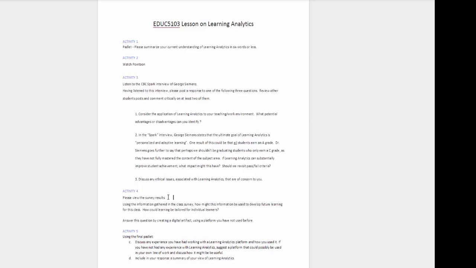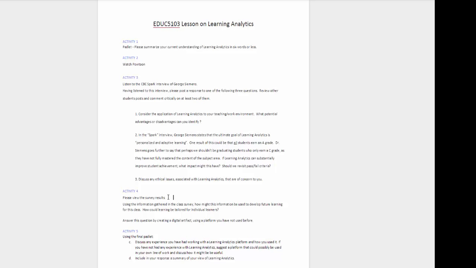Activity number 4 includes reviewing the results of the survey, and once you've had a chance to look at how the results have been presented through Google Forms, you have the opportunity to reflect on how that information that you now have might guide you in developing a lesson for the class, or specifically for individuals that, although we haven't identified individuals and individual answers, you can see that some individuals perhaps are a little bit of an outlier from the rest of the class in terms of their responses and might require some additional activity or an alternate activity